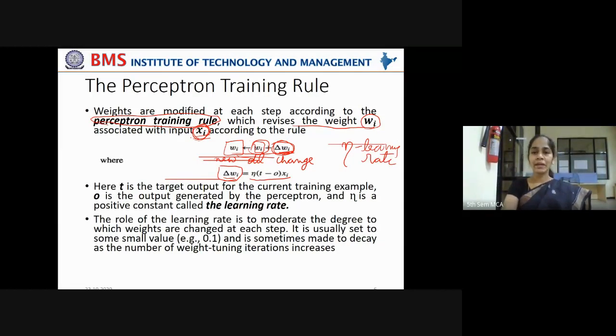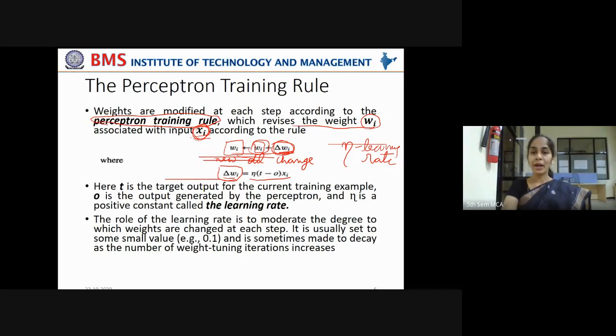Learning rate multiplied by, what is this t? The target outcome in your training example. What is O? The outcome that is calculated by the neural network model. The difference between them is the prediction error.